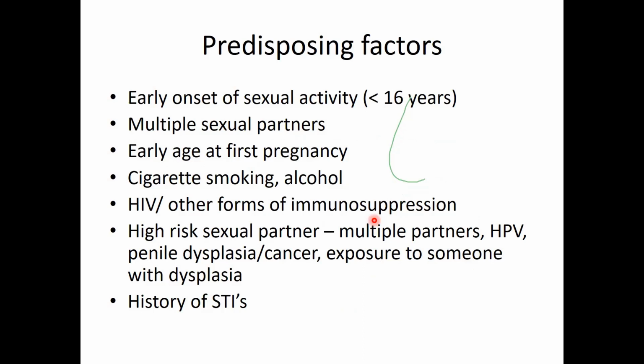to be at high risk of getting this infection. That is, some of these factors: we have the early onset of sexual activity, that is less than 16 years when we indulge in sex. When we are less than 16 years, we are at risk of getting this infection. And then when we have multiple sexual partners, when somebody starts giving birth at a very early age, a very tender age, we have cigarette smoking, and also those clients that have